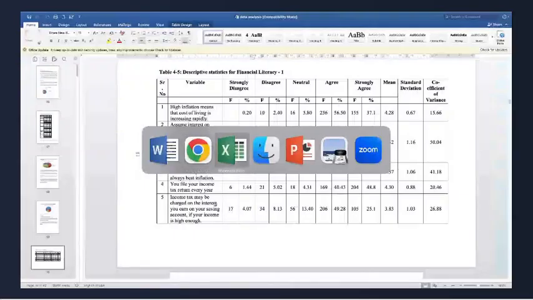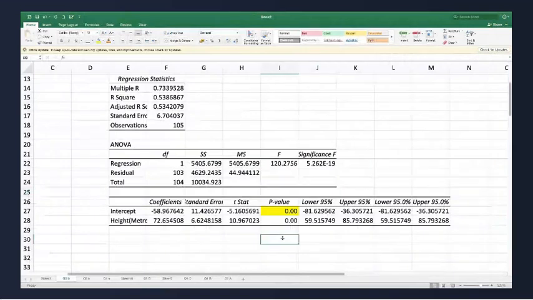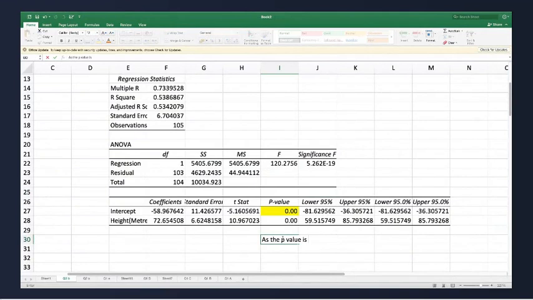So what I will write down here is the p value is less than 0.05. The correlation between height and weight of students is statistically significant. And what was my correlation?